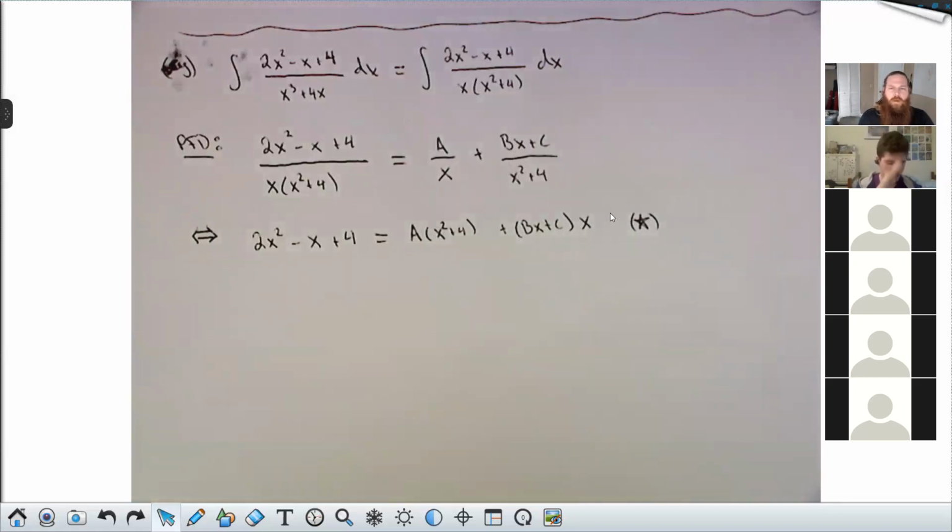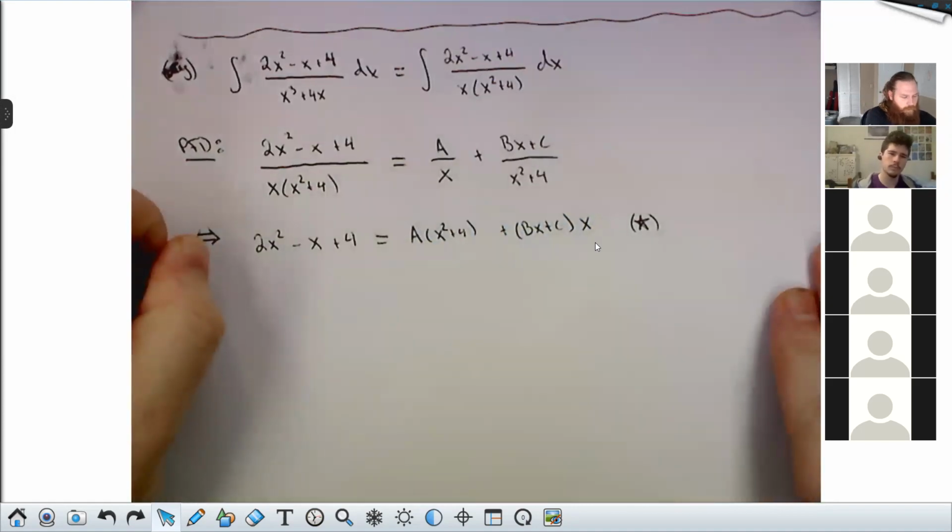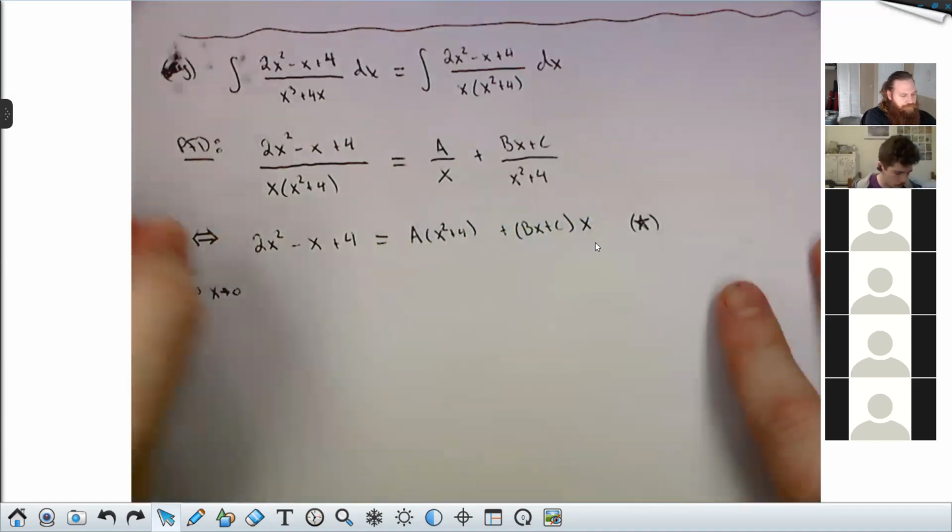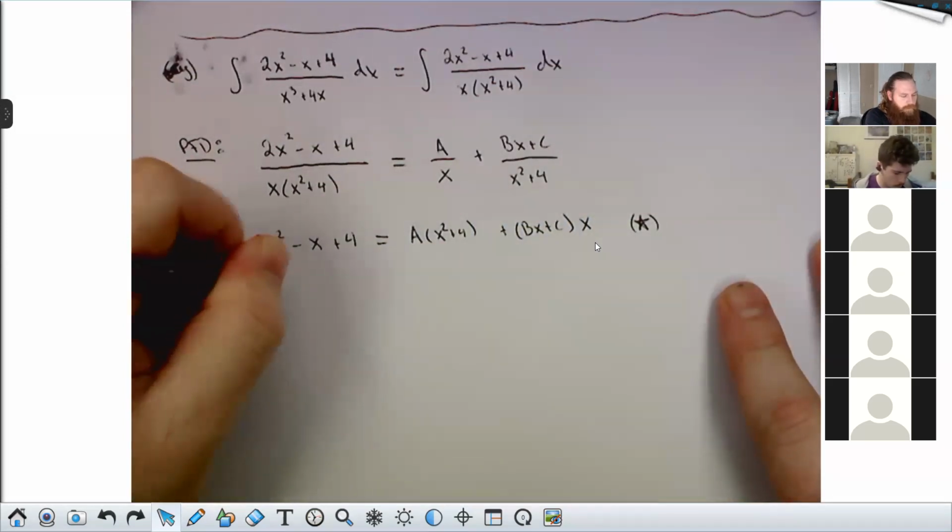So what do I mean by useful? I mean makes all but one term go away. If I plug in 1, this would be a times 5. 0. B plus c. Yeah, so if I want to make all this here go away, I should plug in 0 for x. And technically what we're doing is we're taking a limit. We say as x goes to 0, star becomes